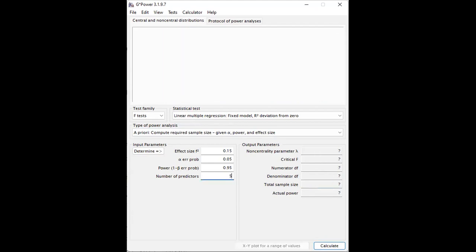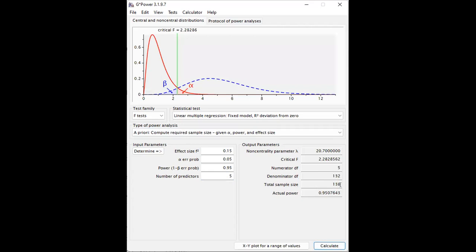Kalau untuk mediation tadilah, kalau you ada 4 IVs and 1 mediator variable, so the total of predictor in that model will be 5. Faham? Okay, so depend pada model. So kalau 5, dia akan jadi 138. Boleh? This is the most easiest lah.